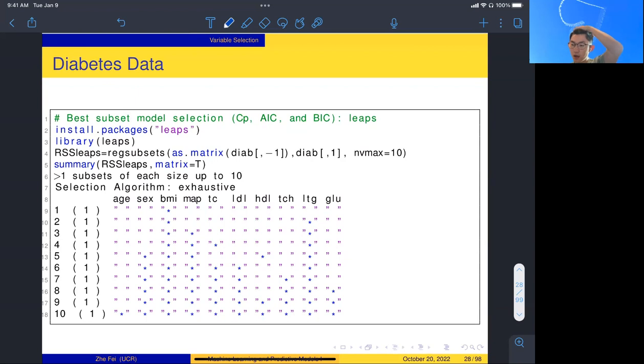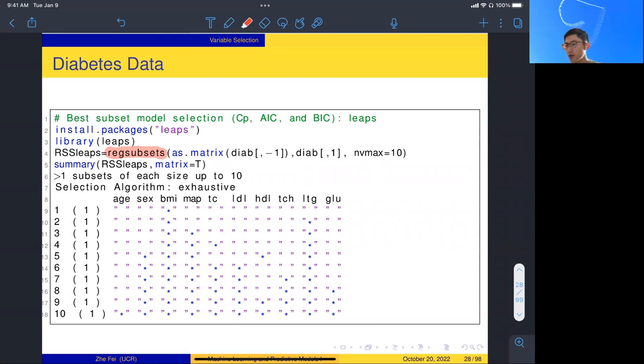So the leaps library, after we install it, and the function for best subset selection is this regsubsets, which stands for regression. We want to find the best subset for the regression. And so if we run this regsubsets on our data,